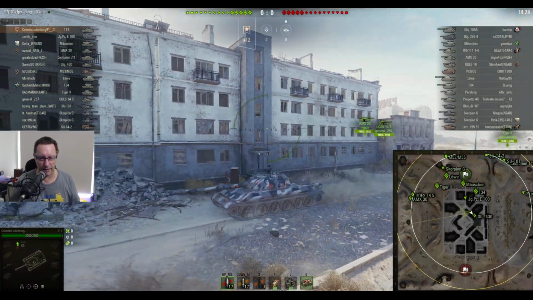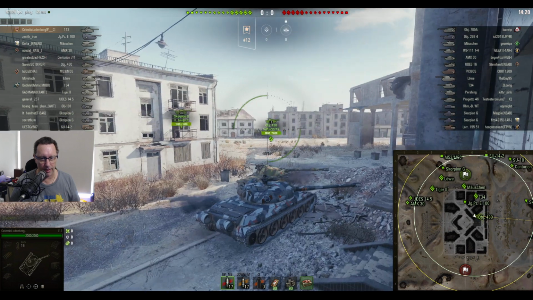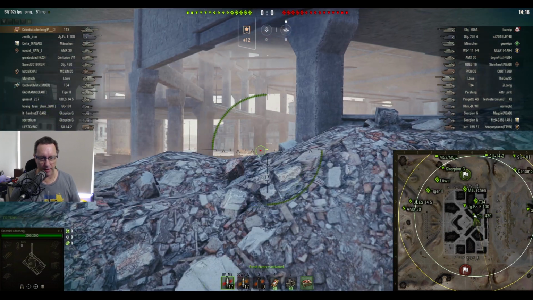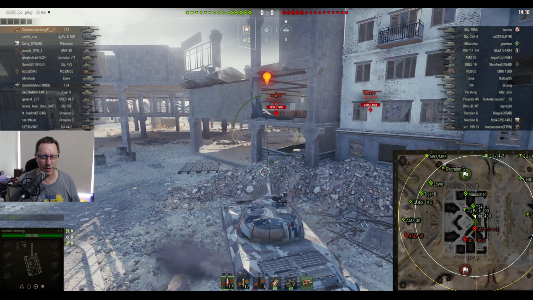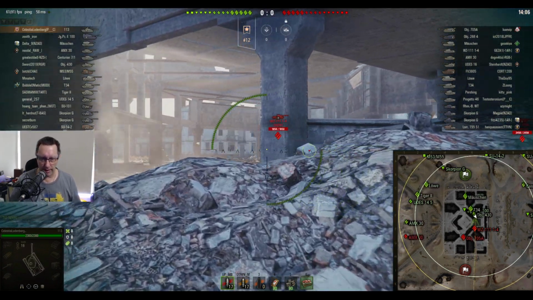He's got 2 marks of excellence on this bad boy, and you can maybe imagine what it might be. Look at that style. Look at the camo style. That looks absolutely fantastic. We're on Ghost Town. Ghost Town was reintroduced to the map pool, or introduced. I think it only used to be a WGL map, and then they've thrown it into the random battle map,